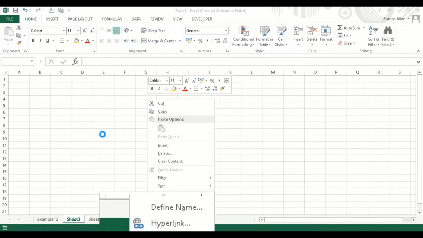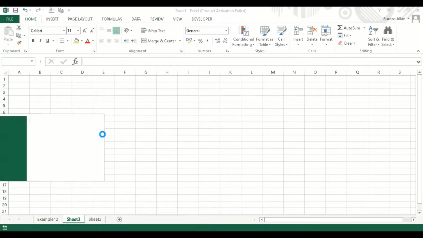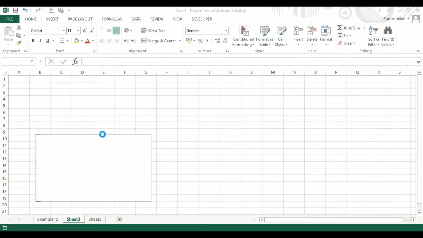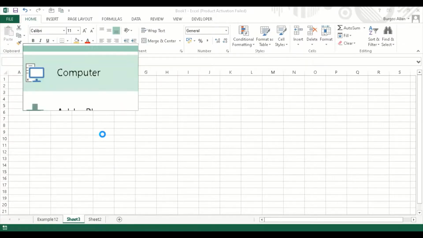Now, if you want to save it, you just click the save button here. If you will be saving this for the first time, when you click this, a dialog box will appear. It will ask you where you want to save it, maybe on your OneDrive, which is the cloud storage of Microsoft, or of course on your local computer. On the computer itself, it will direct you to the local folders that you have. So for example, if I want to save this on my desktop, right now,